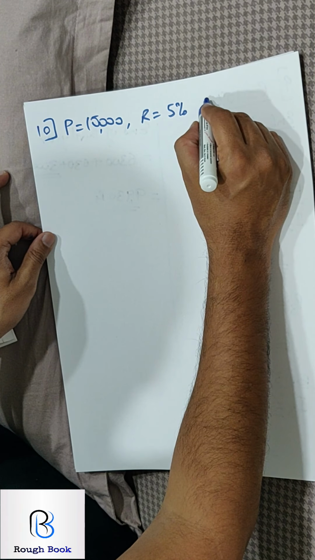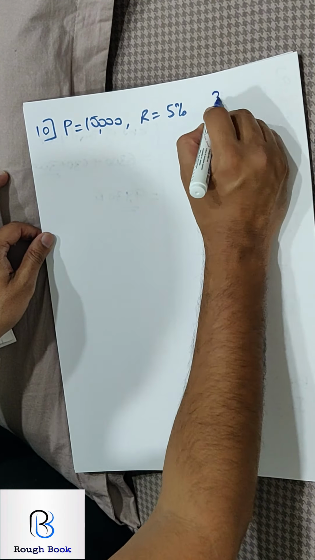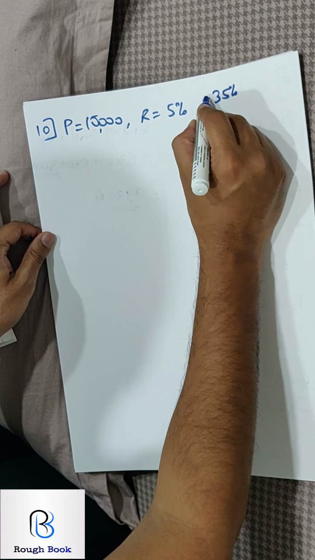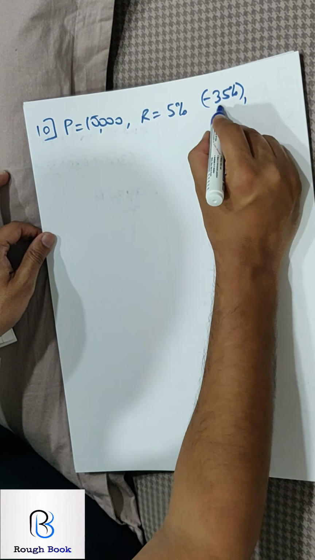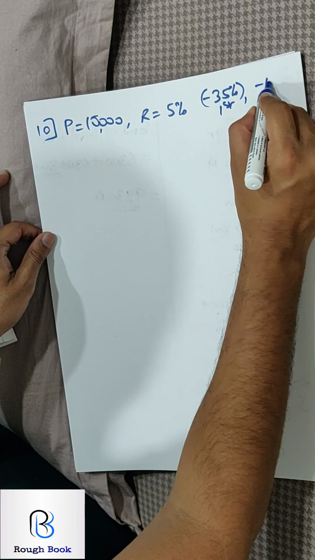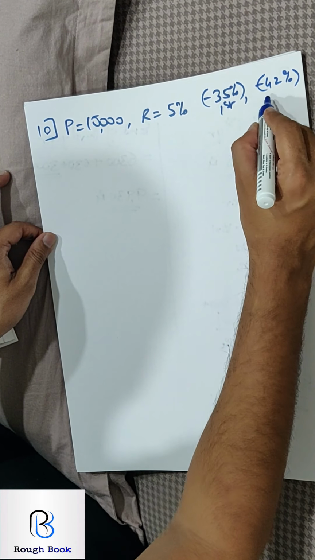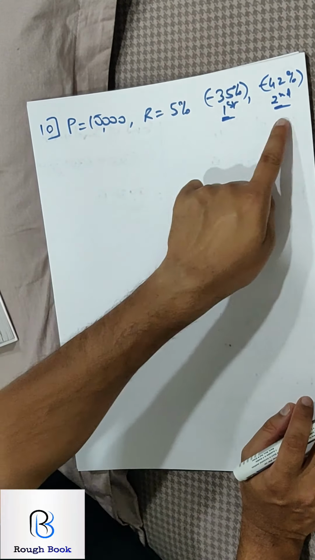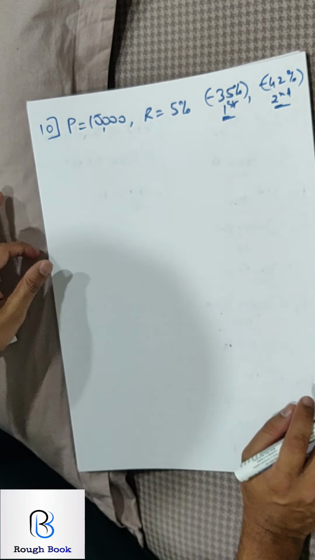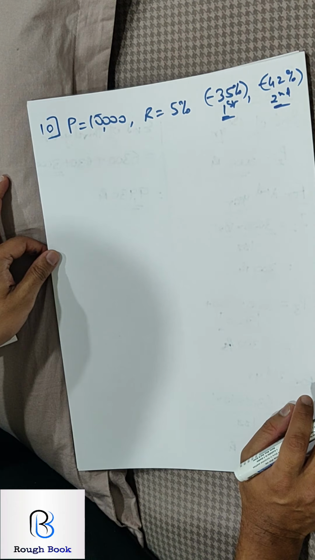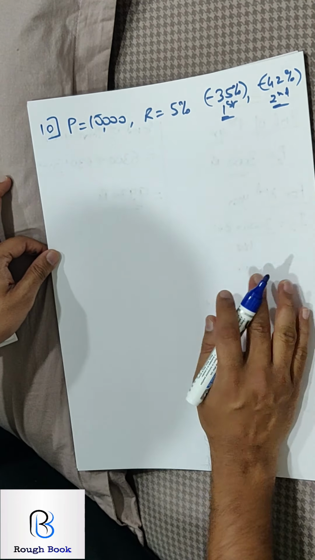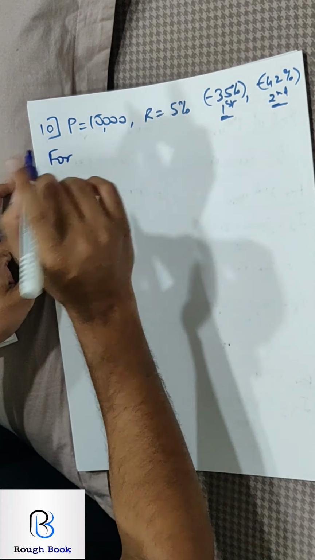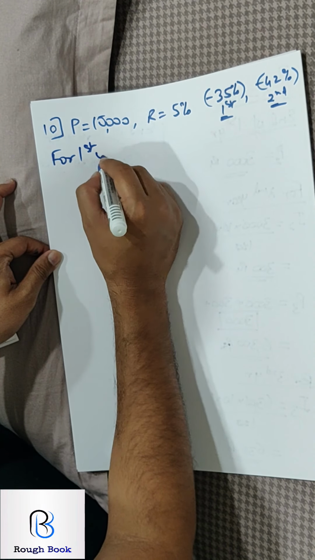So at the end of the first year he is repaying 35%. So I am just writing minus 35 for the first year. And for the second year, minus 42%. We will reread the question once we reach these parts. First we will just try and calculate the interest. The question is how much money must he pay at the end of the third year in order to clear the entire debt. So at the end of the third year. So first let's reach the third year.